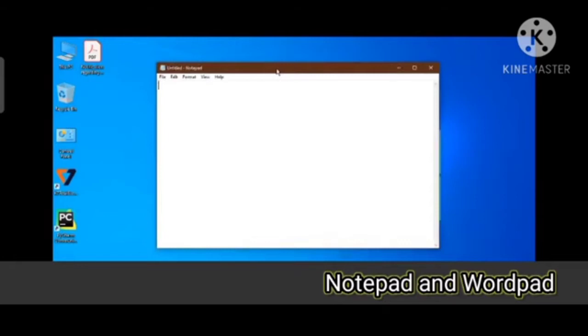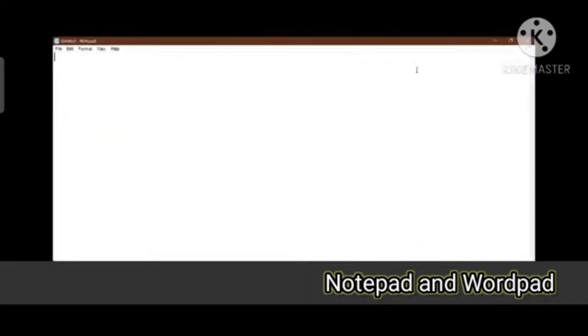See, what we have done up till now is you clicked on the start, then all programs, accessories, and then Notepad. I enlarged the screen of the Notepad. Here at the top there is the name of your file. Here we have three buttons: this is close, this is the minimize, and this is the restore down, means to make it small again. Or it is maximize also. If your Notepad window is small, you can click on that and it will be maximized.